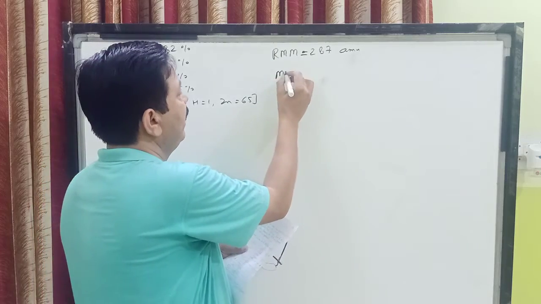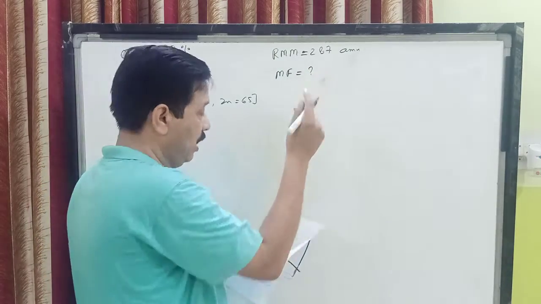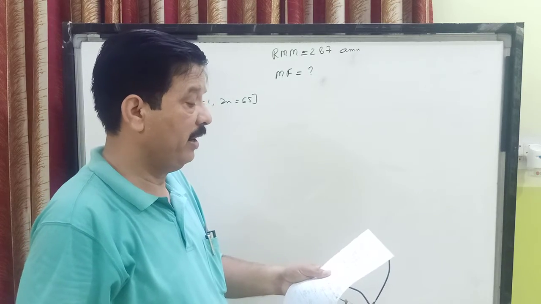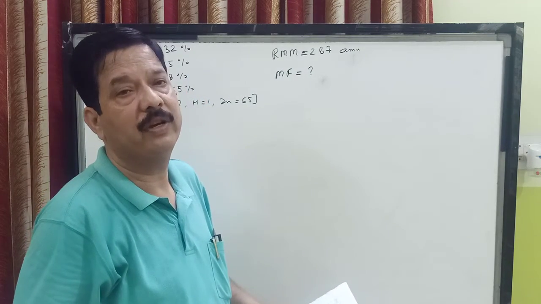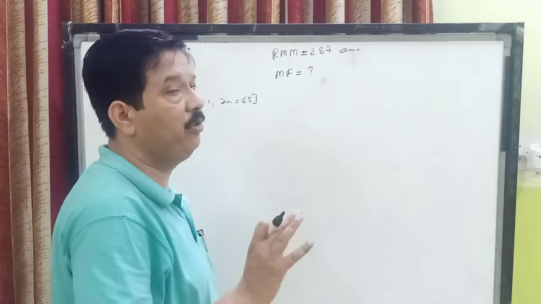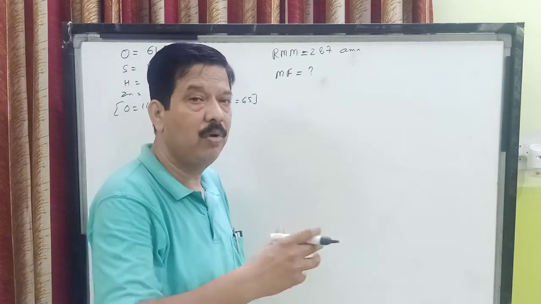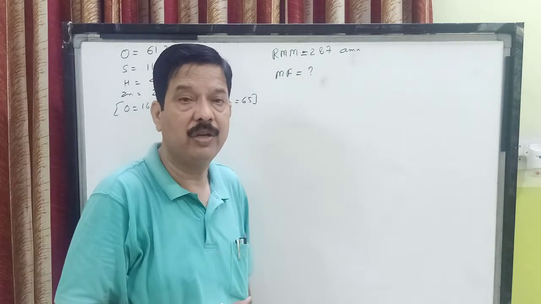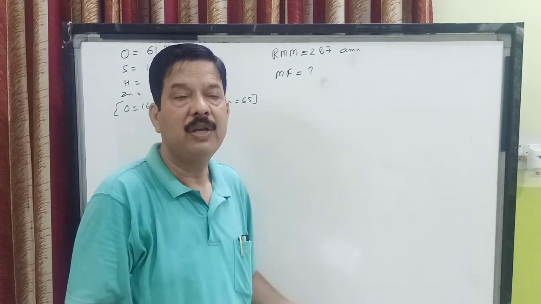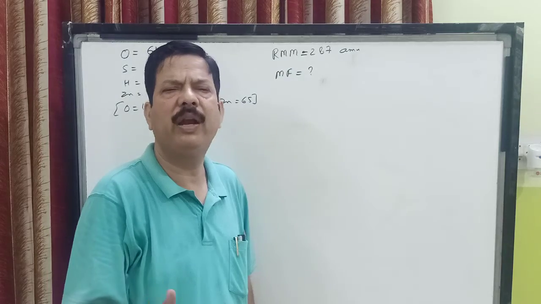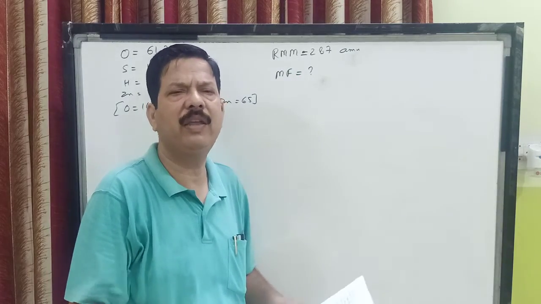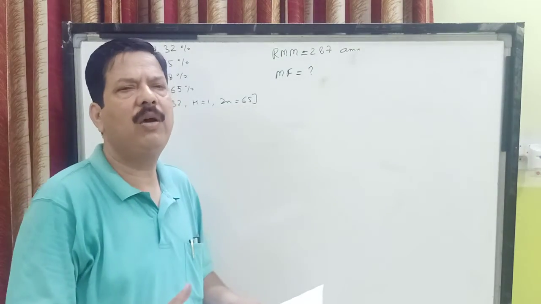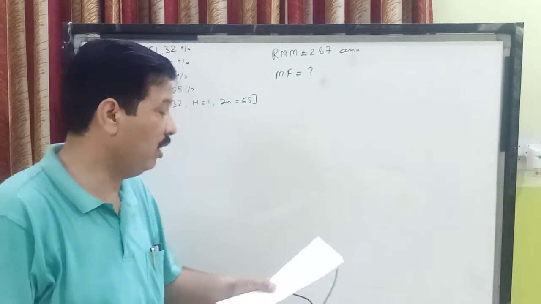What you have to find out? The molecular formula of the compound, assuming that all hydrogen is present in it as water of crystallization. One more thing is there: hydrogen is not present in the molecule part of the compound. It is present as water of crystallization. So one more thing has been asked. So children, first we will proceed to calculate the empirical formula. The later thing we are going to see, because after the empirical formula only we can calculate the molecular formula.